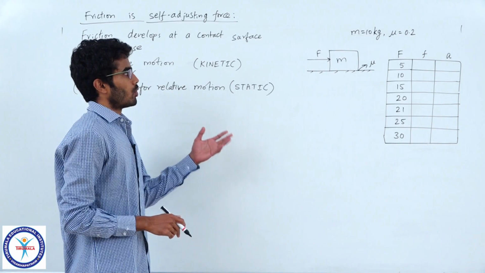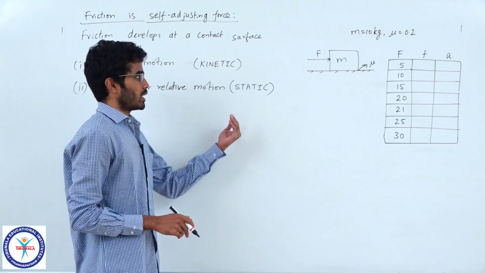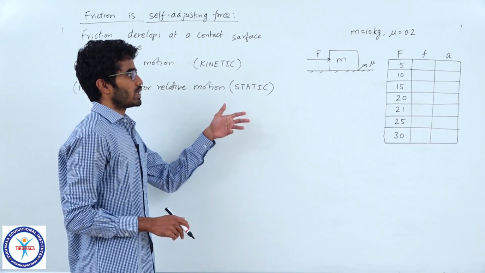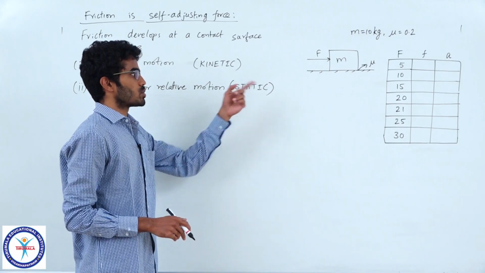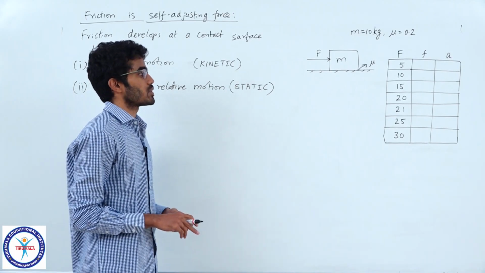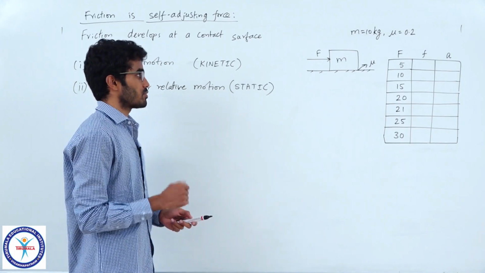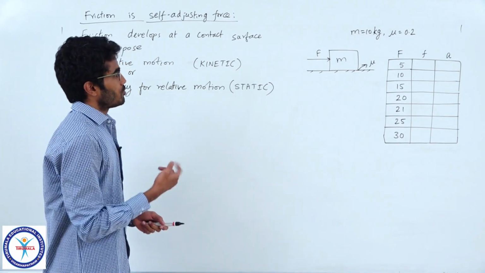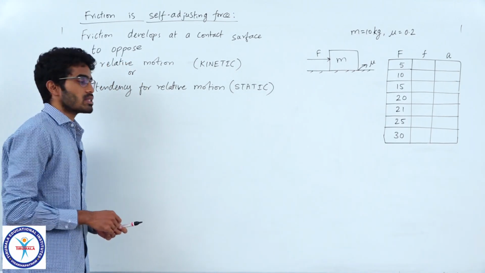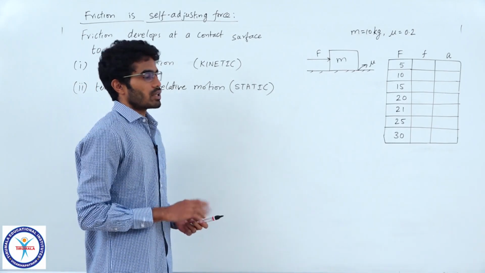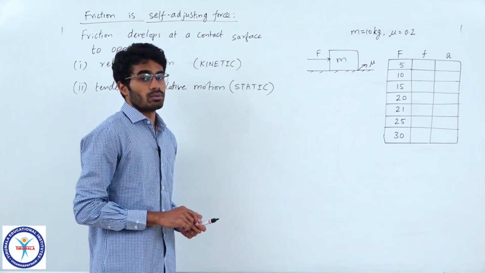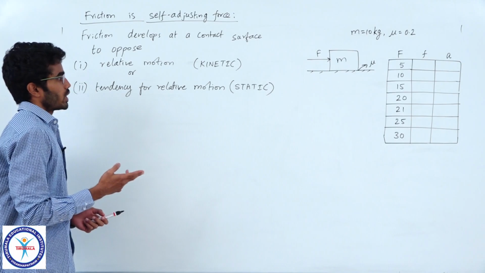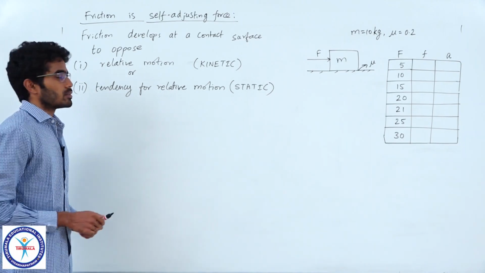So why does the block move? If there is a force applied, if there is no friction at all, we know that there is only one force acting on the block and it should accelerate. But what happens if the surface is rough and there is friction? How does the friction develop, and what would be the acceleration of the block? We know that friction is a self-adjusting force. That means in the situation, the friction acting is not always of same value, it changes. It is of two types, kinetic and static.